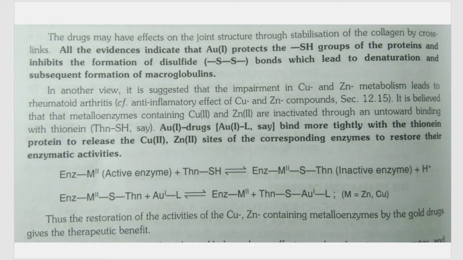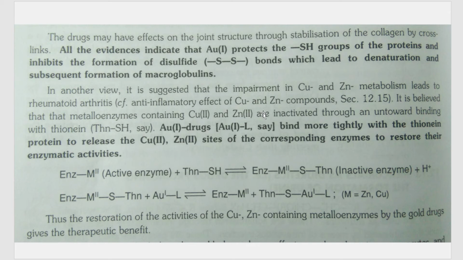Another possible way to treat arthritis: one more reason for arthritis is that sometimes these copper and zinc containing metalloenzymes might be inactivated because they have SH groups. It's a metalloenzyme, correct? So it will have SH groups in it. These enzymes containing copper and zinc might be inactivated because their SH groups bind with a poison, we can say called thionine, which comes like a toxic agent into the body and binds with the SH group of the metalloenzymes containing copper and zinc, because of which they cannot function properly, and because of their malfunctioning there is